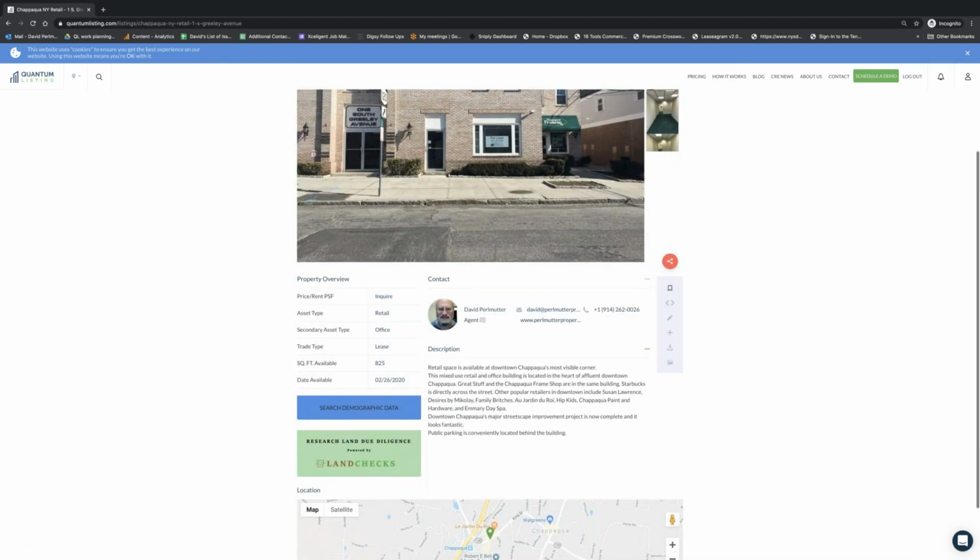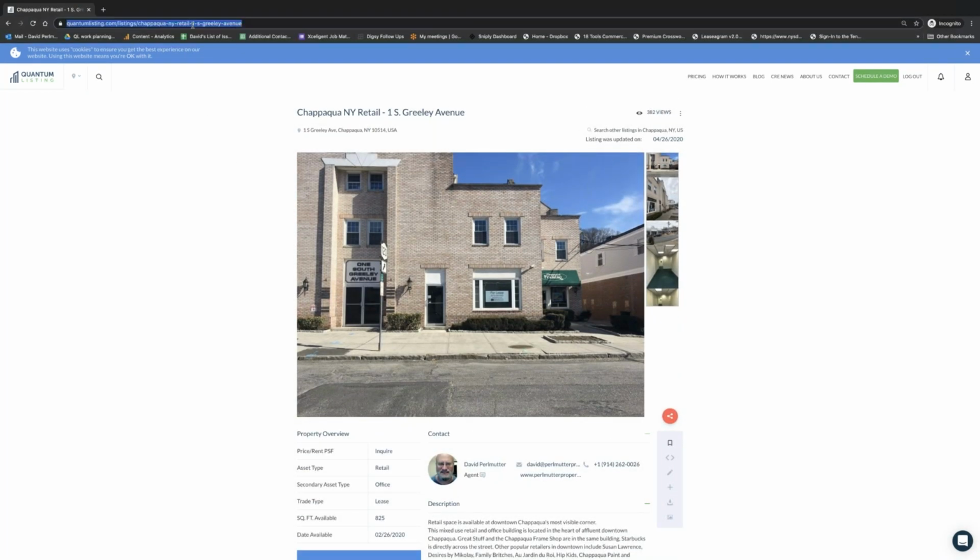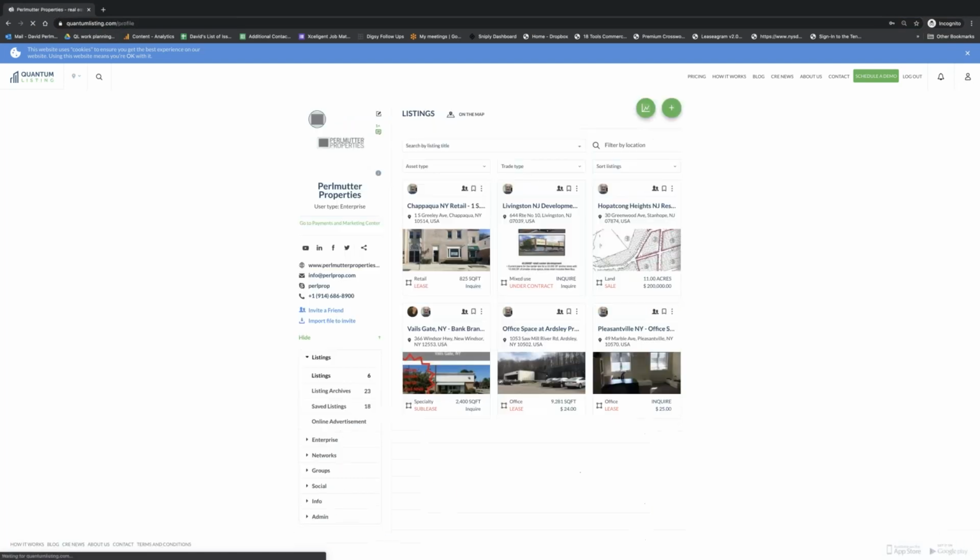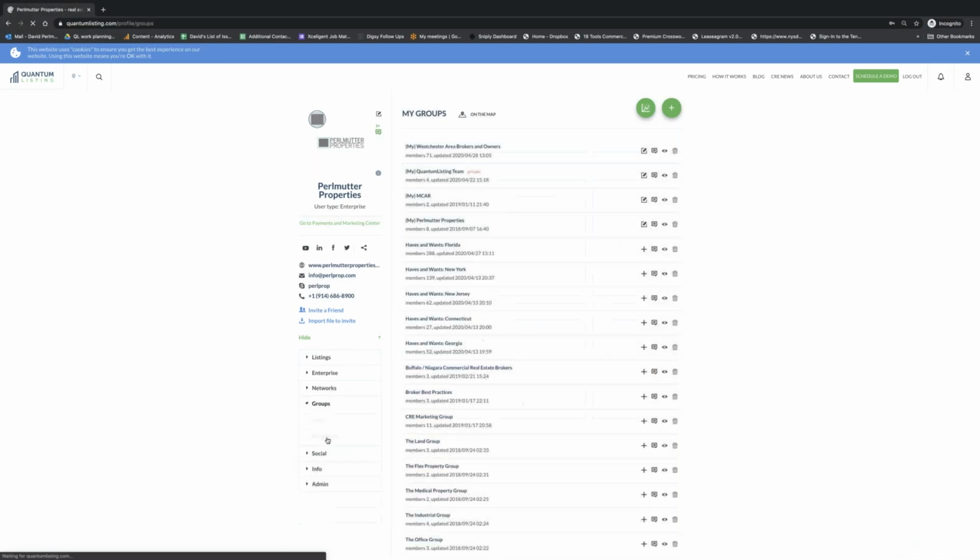And so just to make things a little fast and easy, I'm going to copy and paste this here first. Let me think about that. Let's take this right here. I'm going to copy the URL. And I'm going to go to my group, going back to my profile page, go to my groups, and I'm going to my Westchester area brokers and owners, and I'm going to enter the group chat,